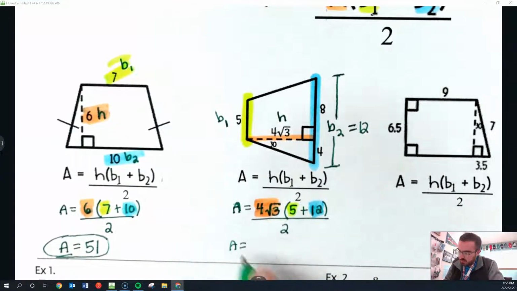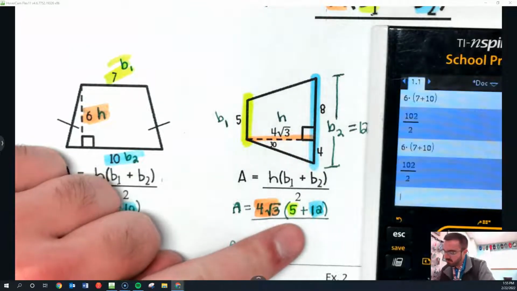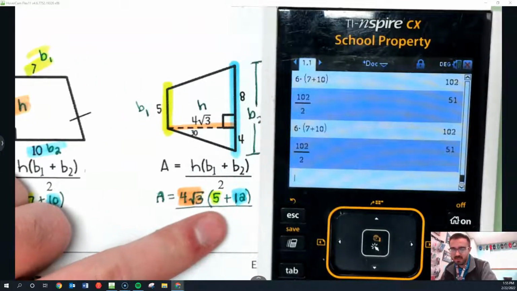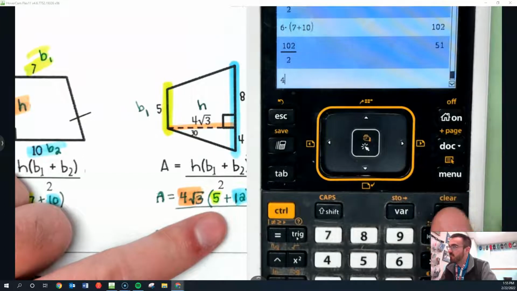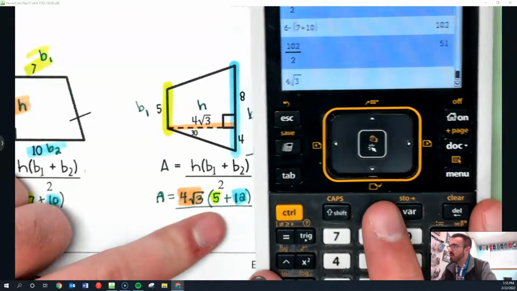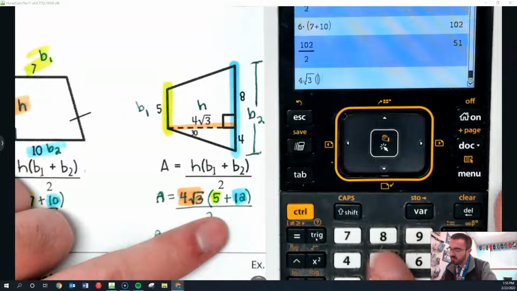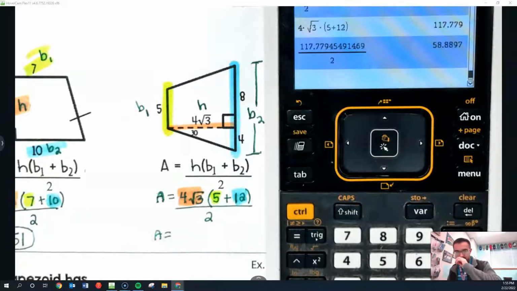Okay, so again, let's go to the calculator. Let's write just the top part first. Again, you don't have to do it exactly like I'm doing it, but I think this keeps it simple. So I would do 4. Remember, control x squared gives you root 3. Let me show you that. 4 and then control square root right here. 4 root 3, and then scroll over a little bit. That's your first part. And then in parentheses, 5 plus 12. I'm going to divide all of that by 2, and I'm going to get